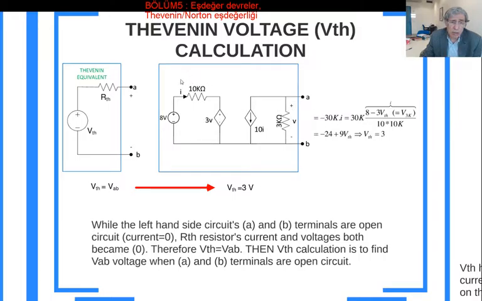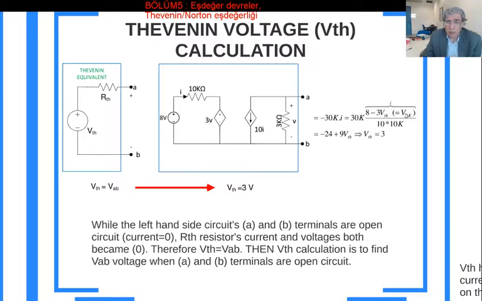If you look at this here, what is I? This node voltage minus this node voltage, 8 minus 3 VTH. So this voltage here is 3 VTH, because we know VAB is that V, and 3 times VAB is 3 VTH. So I wrote that as 3 minus 3 VTH,